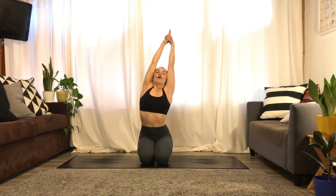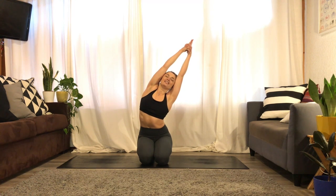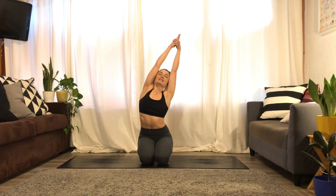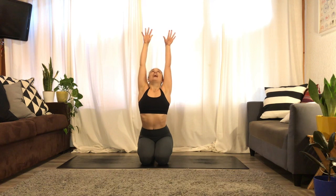And exhale over to the right. Keep both sit bones grounded, keeping the side body long. Take a full breath in. Full breath out. Inhale, rise back up. As we exhale, release the hands, bend the elbows, draw the shoulder blades together as we